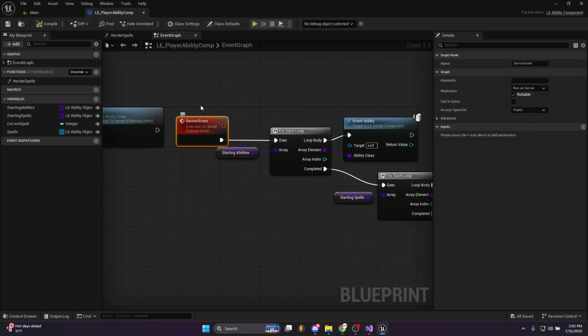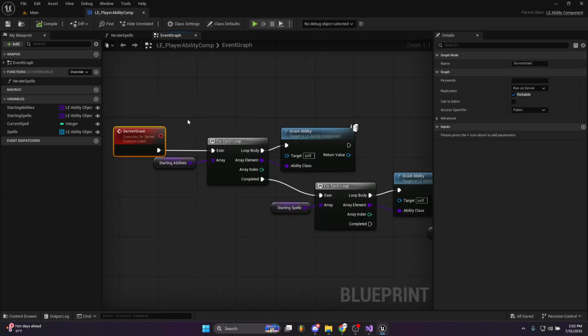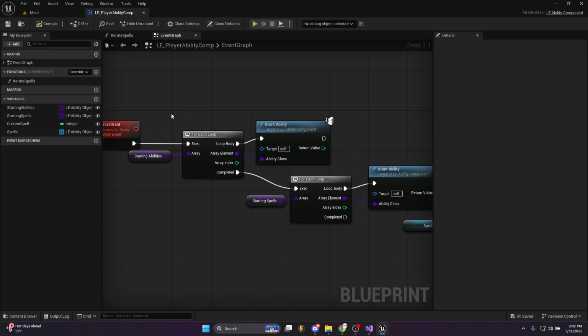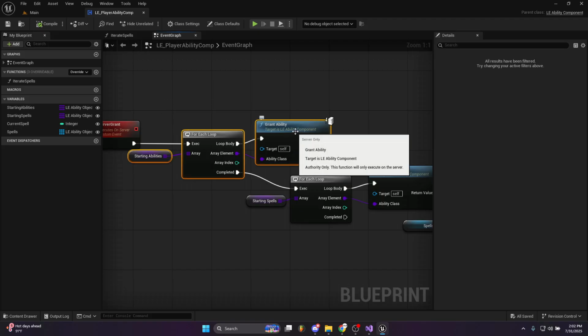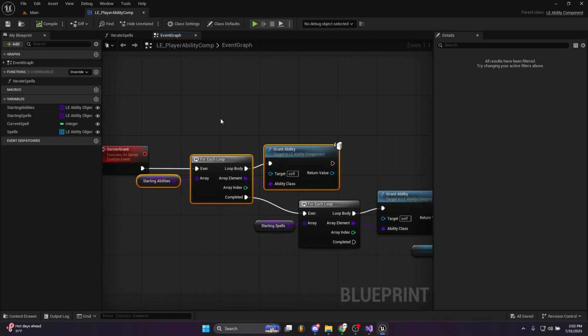So finally, when we on begin play, it eventually gets to this server grant. This is multiplayer replication stuff. It'll give you all of your abilities. Grant them just like in the gameplay ability system. And we do that so that we can keep the object on your player even when the ability is deactivated, so that it can still do stuff like execute code, but it'll be